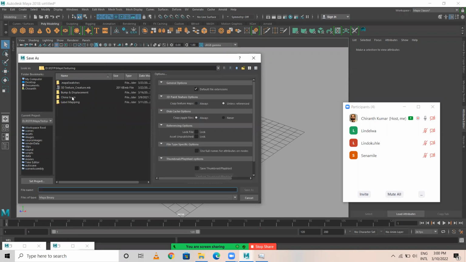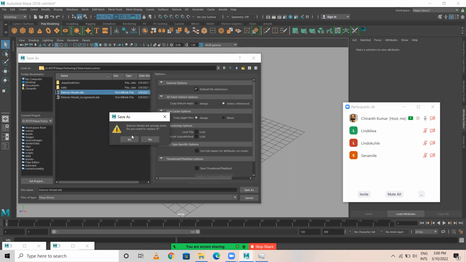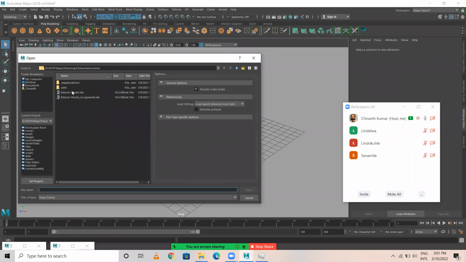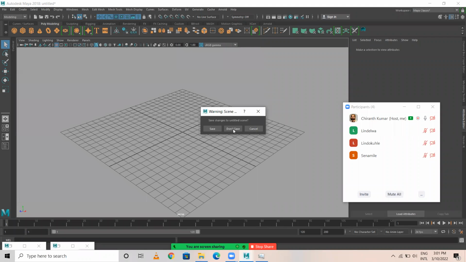Open. Scenes. It is taking some time to open the file.